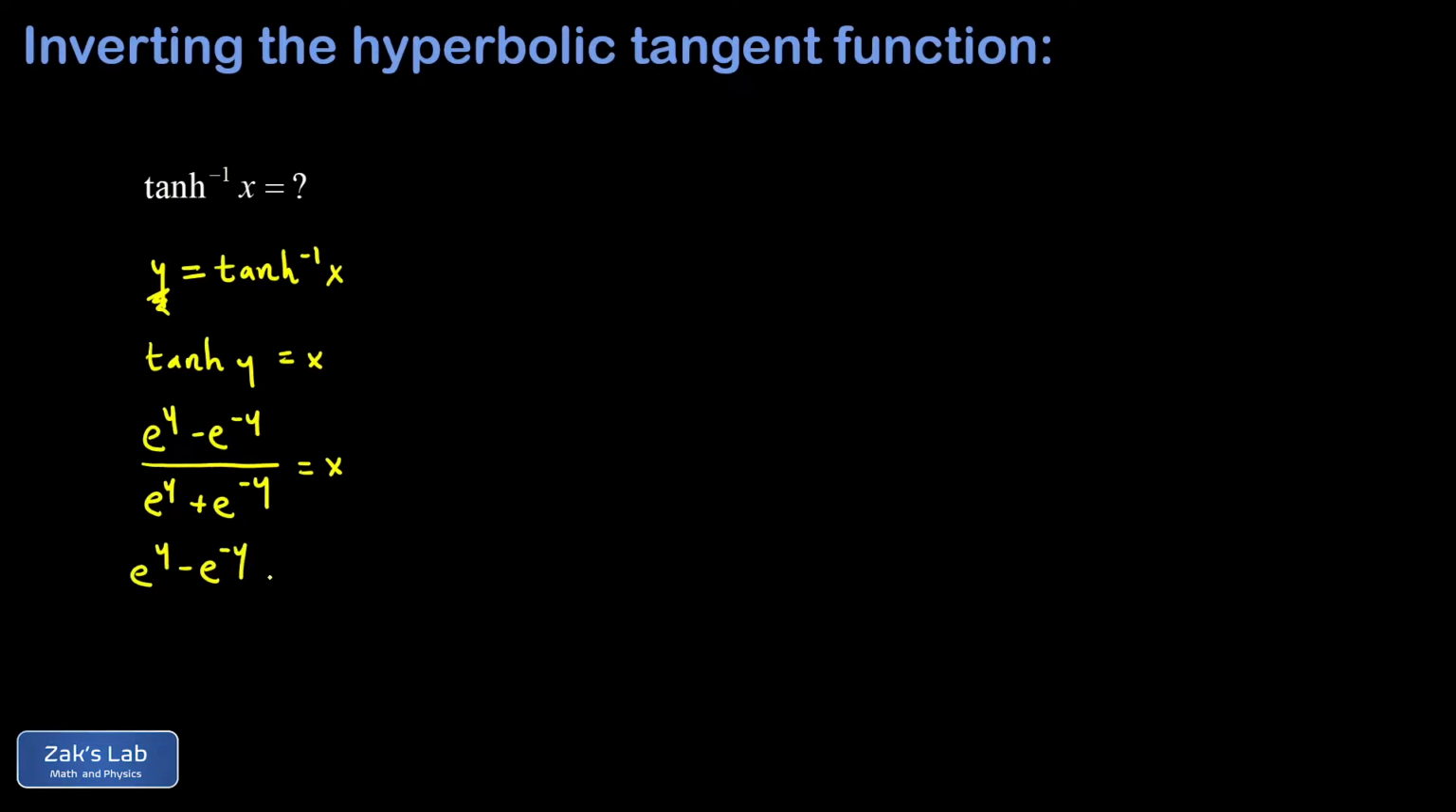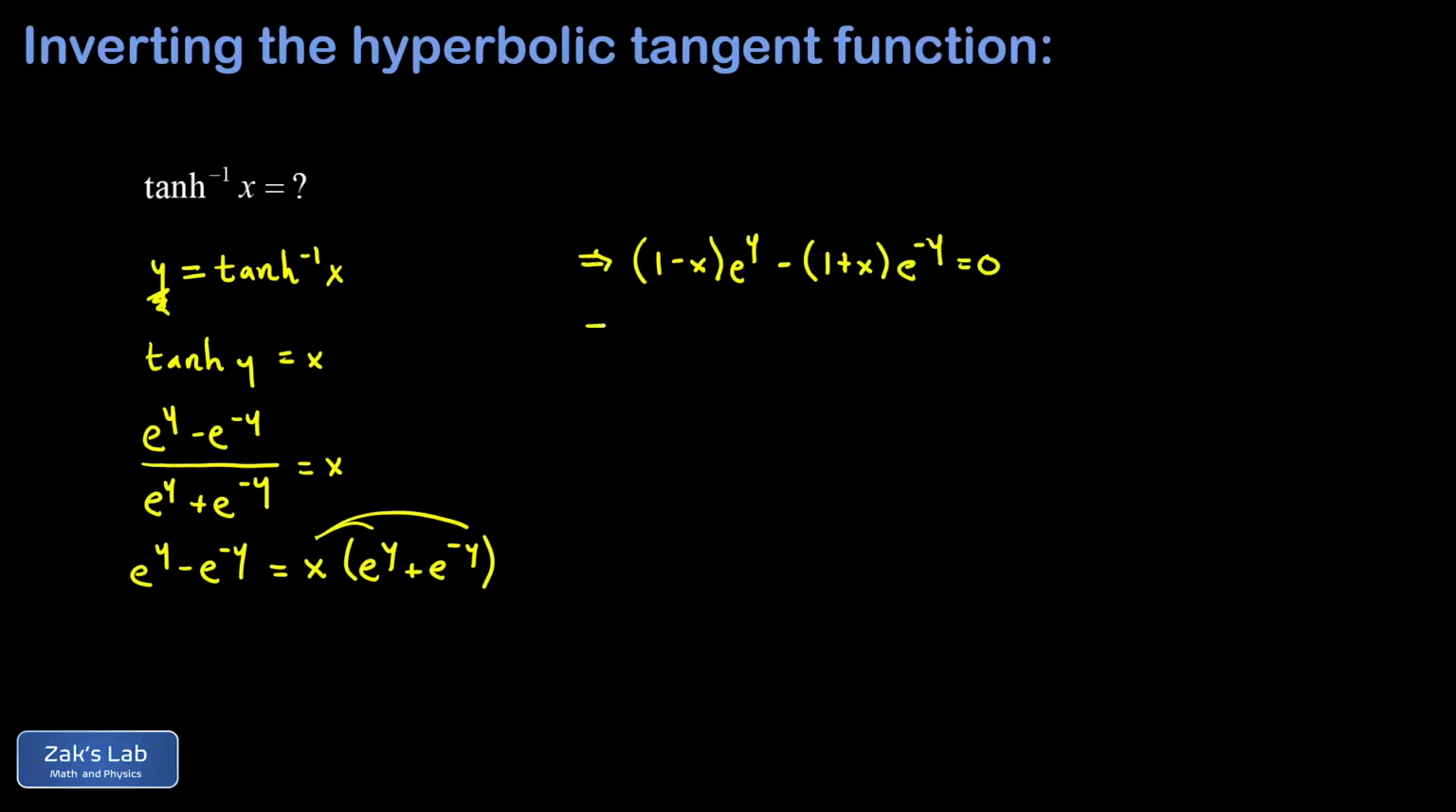This gives us e to the y minus e to the negative y equals x times the quantity e to the y plus e to the negative y. And we can distribute that x and combine like terms. And I'm going to combine all the terms on the left-hand side. So when I distribute the x to the first exponential, that's x e to the y. I'm going to subtract that from both sides, and on the left-hand side, I end up with a 1 minus x times e to the y. When we multiply the x into the second exponential, we end up with an x e to the negative y, and I subtract that from both sides. This gives me a minus the quantity 1 plus x e to the negative y,